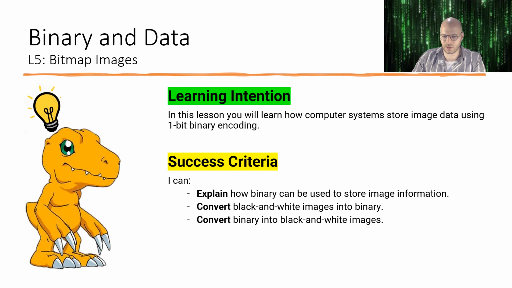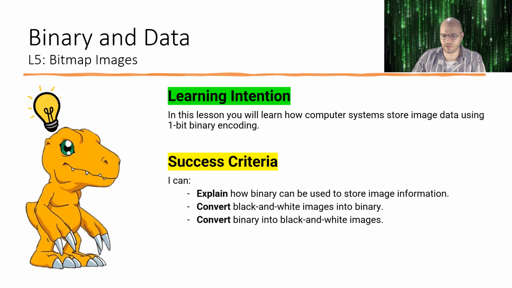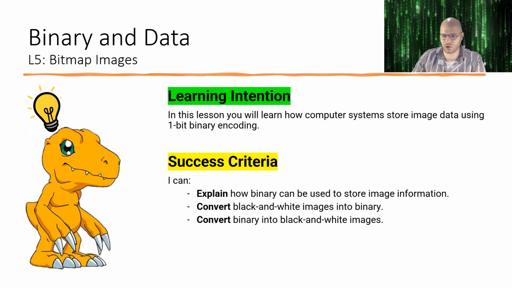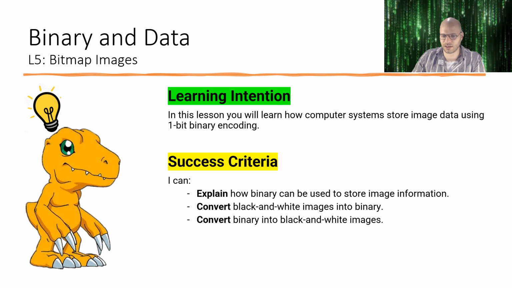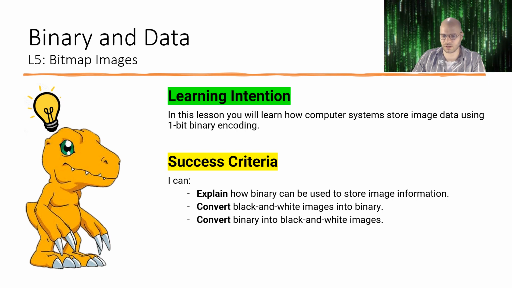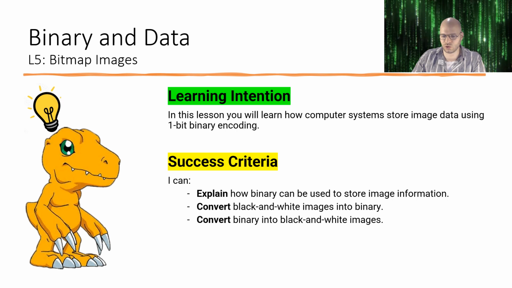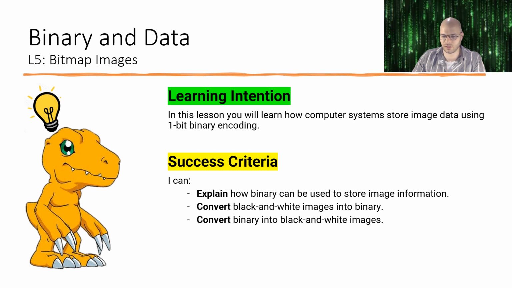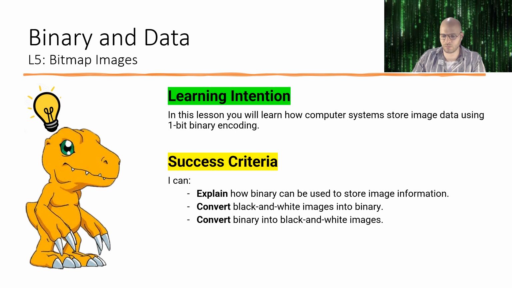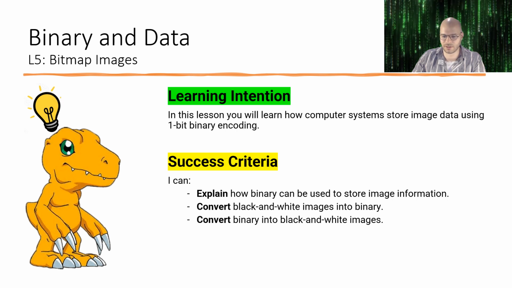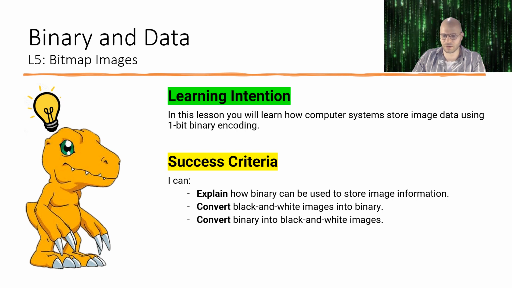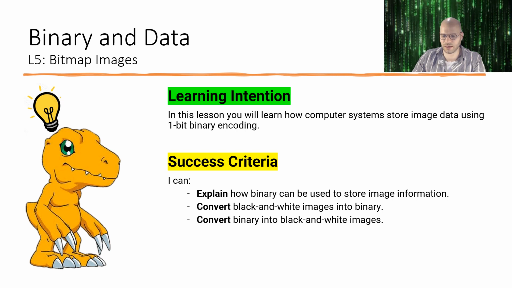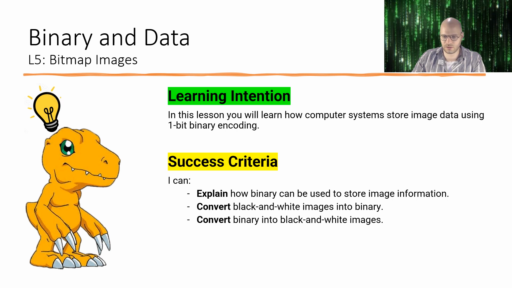Now, in summary, at the start of the lesson, the intention was set to learn how computers store image data using 1-bit binary encoding. By now, you should be able to explain how binary can be used to store image information. You should be able to convert black and white images into binary. And finally, you should be able to convert binary into black and white images. To consolidate this information,